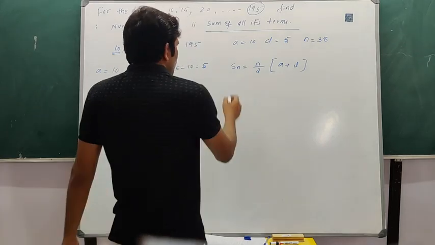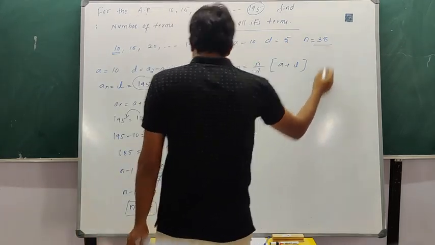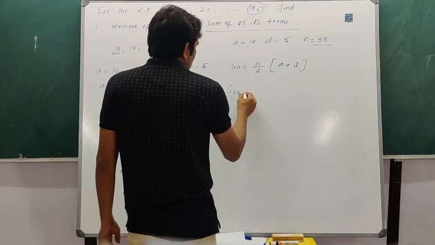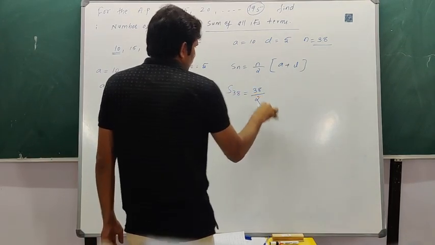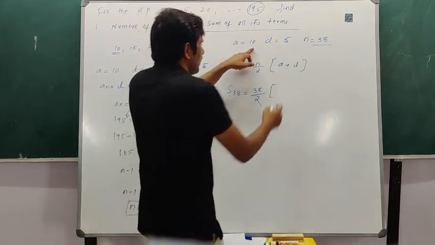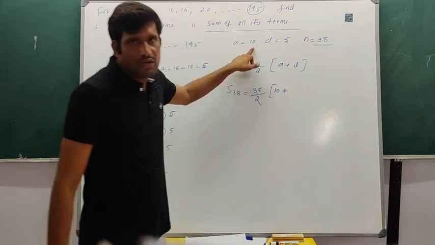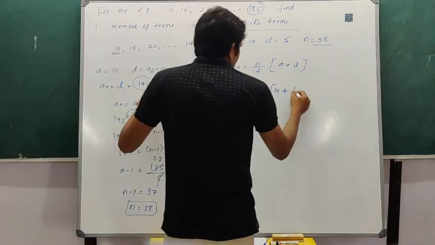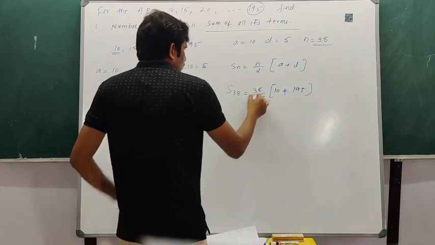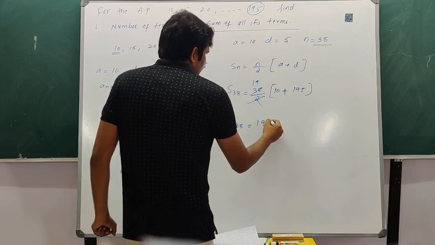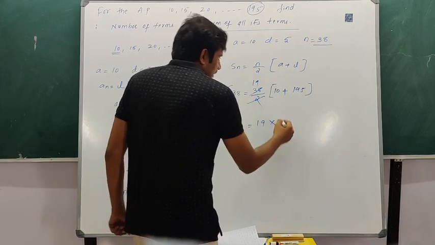So Sn is equal to, what is n? We have to find 38. So the sum of 38 terms, S38, is equal to 38 divided by 2 into bracket a plus l. What is a? A value is 10. What is l? L value is 195. So 2 ones are 2, 19 into 195 plus 10, it is